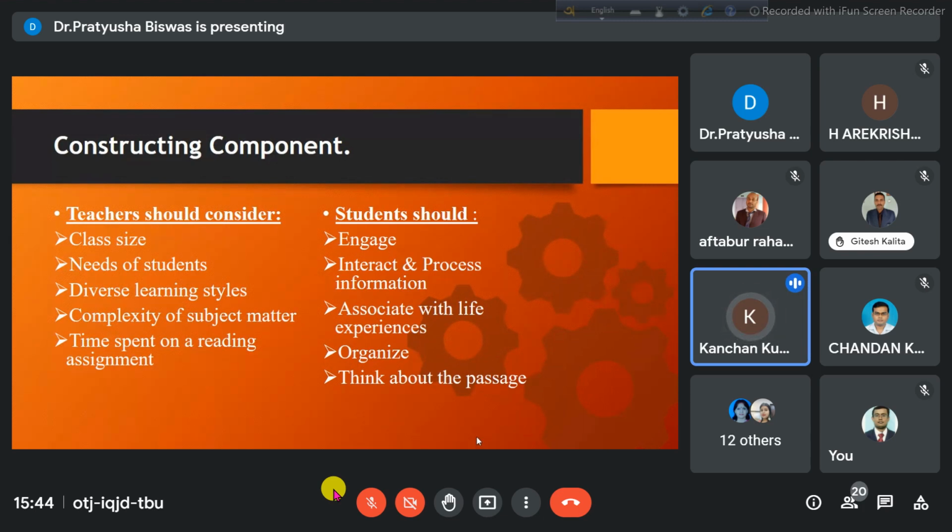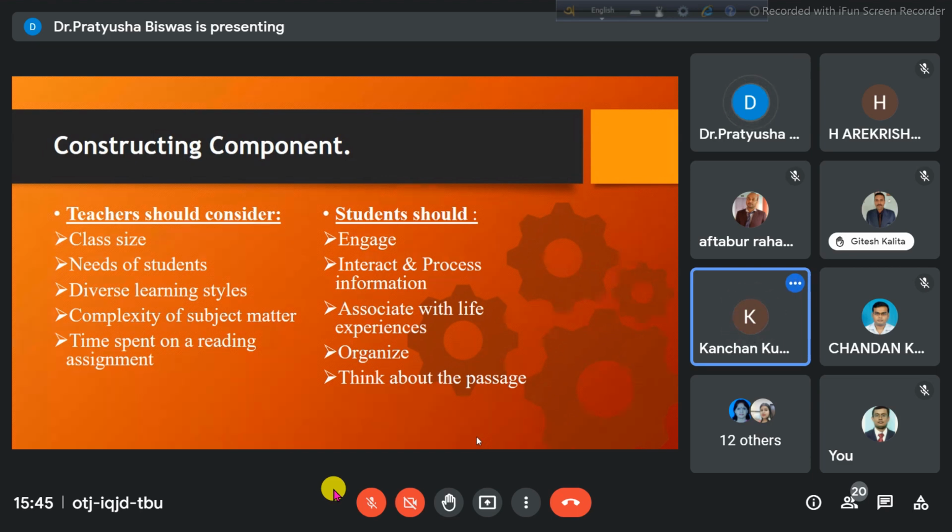Ma'am, here we can say that there is a lesson plan, in which I can show how we engage our students in the teaching process. How I will introduce the topic with the previous knowledge, connecting the previous knowledge with the present one. And then interact and process information. Here the part is explanation and elaboration of the topic. Whatever I teach my students, I relate these things with elaboration, and I will take examples which will be suitable for their understanding level.